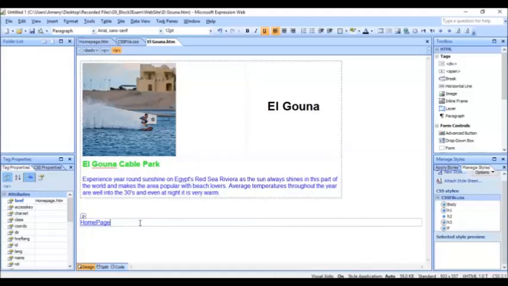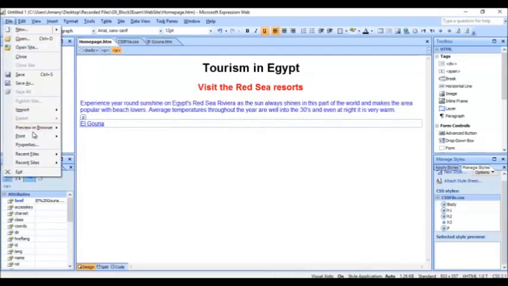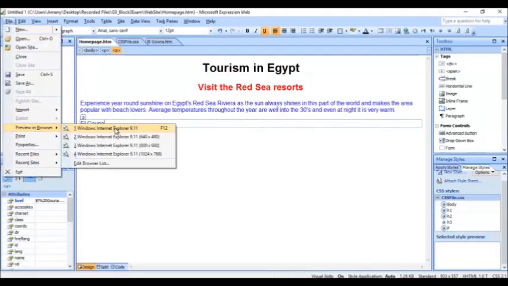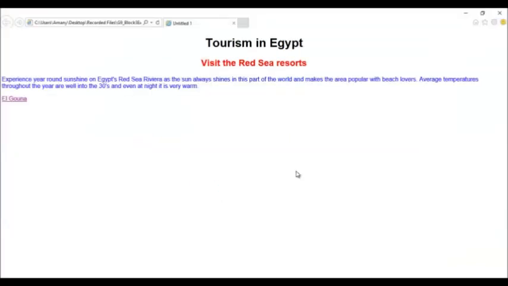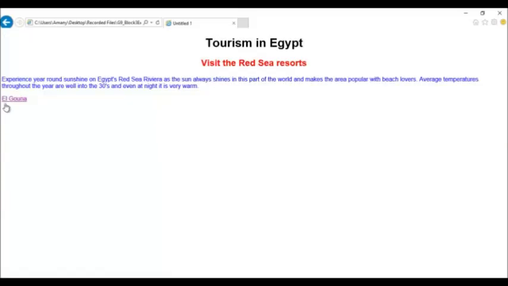Exactly like this. So I'm going to preview my pages on any of the browsers. I'm going to choose Internet Explorer. Okay, here we go. Here's my first page, the home page, with the heading, titles, paragraph, and hyperlink linked to the second page. All right,